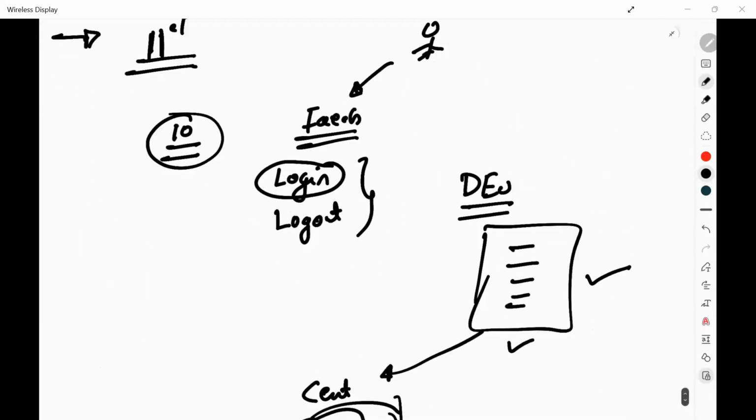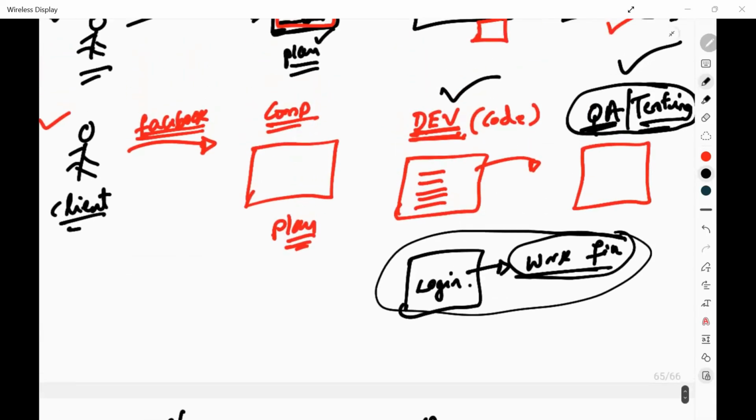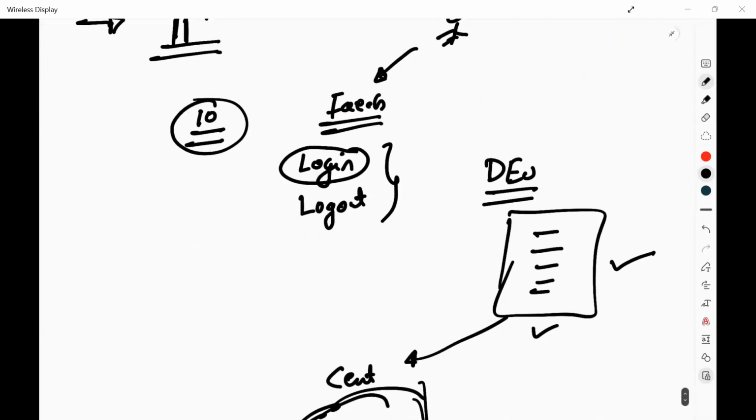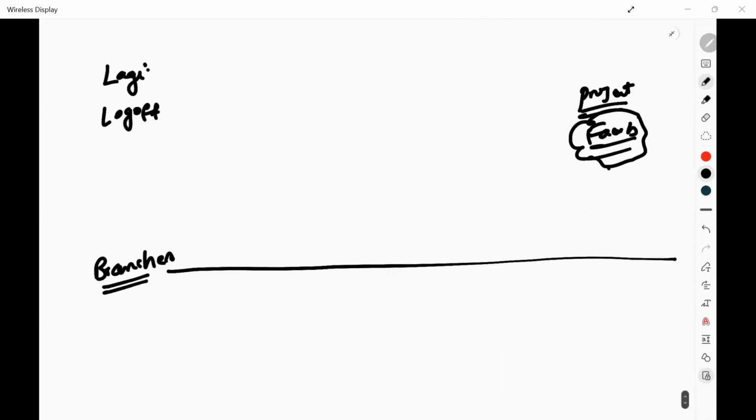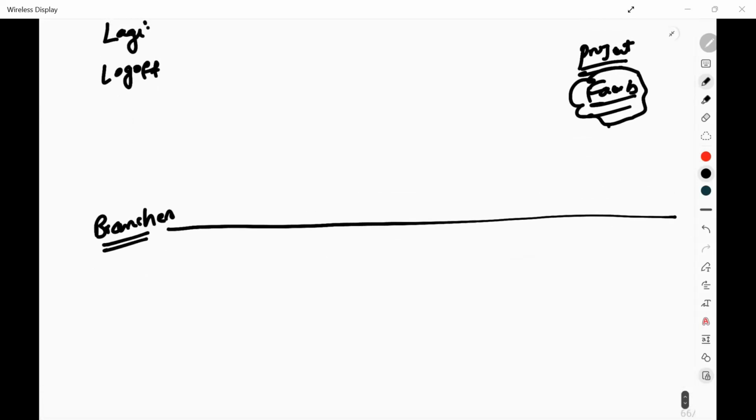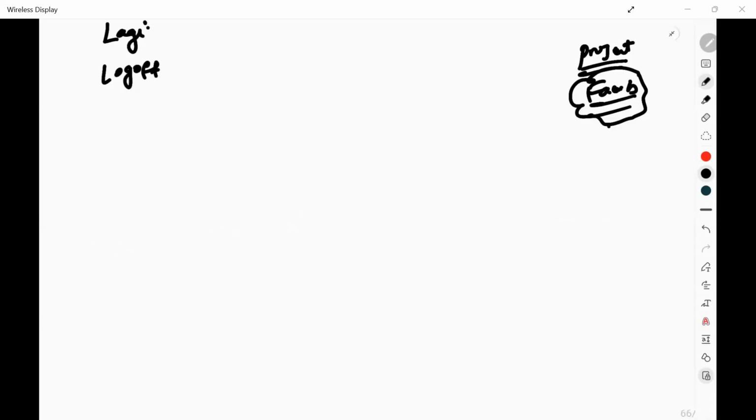Till now, I think everybody understood who is a developer and who is a tester. Here we have a requirement of a login and logout page from the client, and the developer will store these files in the centralized repository. Now, before starting this, please tell me,